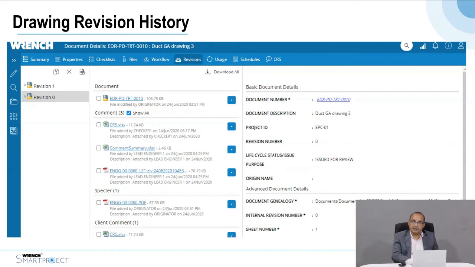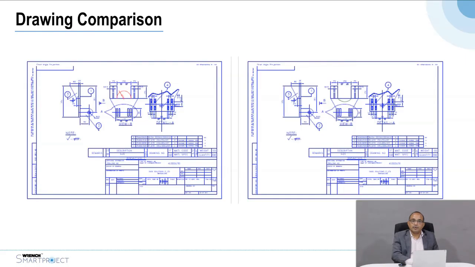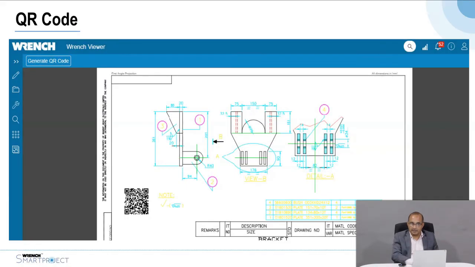The originator can make the changes to the document and upload the new revised document, and the system automatically supersedes the previous version and maintains the complete audit trail of the previous document with all the history in terms of the comments that are put by the internal user, the client, etc. So you can also do a comparison between the two revisions and physically see what the changes were. This reduces the effort of checking by physically seeing the comparison between the two drawings.